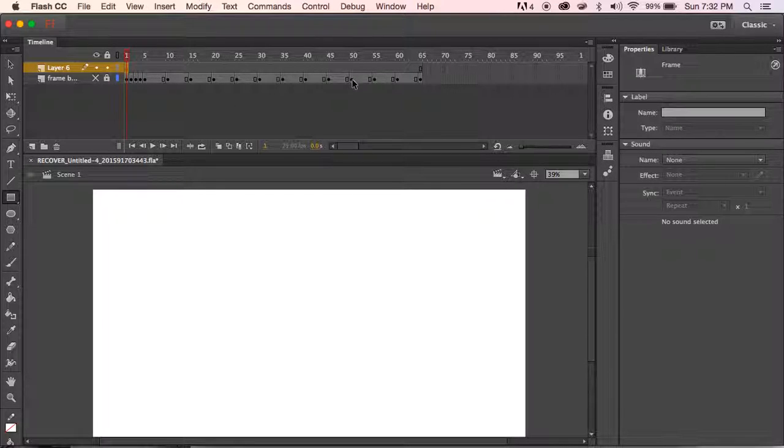And notice if you have a previous layer, when you create a new one, it's automatically going to put the keyframe distance down for the entire duration. You can always come back in and change that later. For this one, I'm going to start on the first keyframe, and I'm going to go ahead and draw an